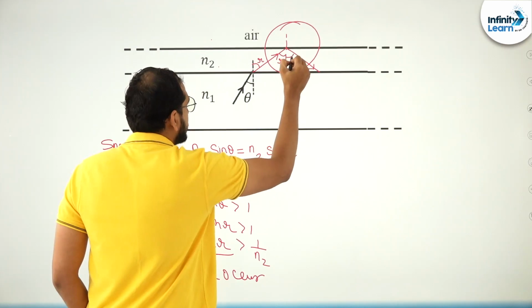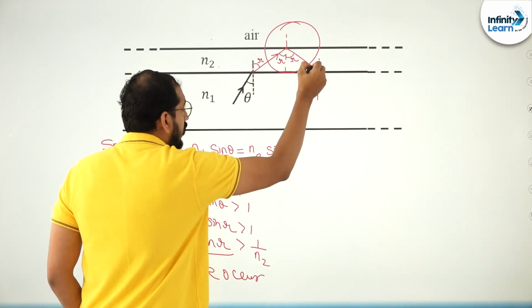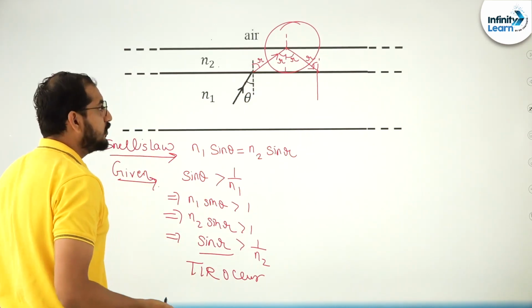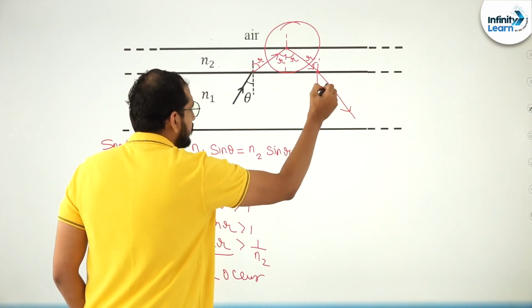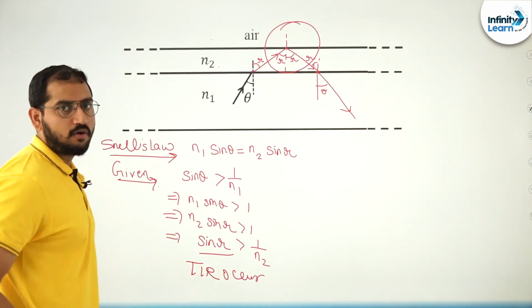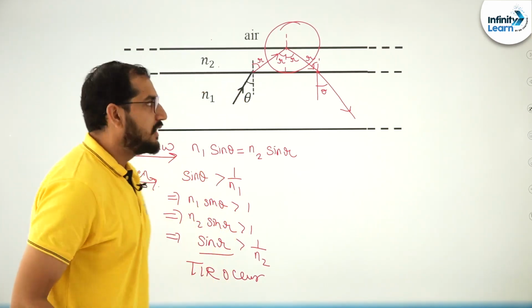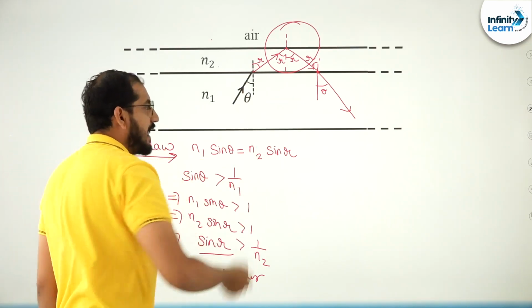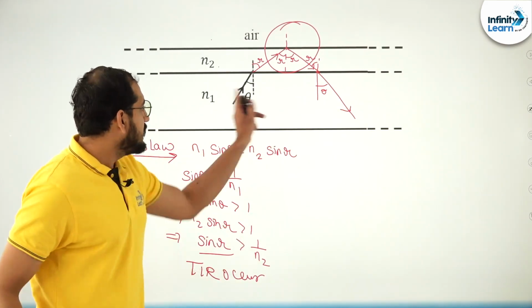If this is angle r, then this will also be angle r. If I draw the normal, here the angle of incidence will be r. And if I use the law of reversibility of light, if it goes into this medium with the same angle theta, we can observe a total symmetry, right? So whatever the values of N1 and N2 are, whether N1 is less or N1 is more, the law of reversibility will hold, and ultimately the light will reach back to the medium N1.